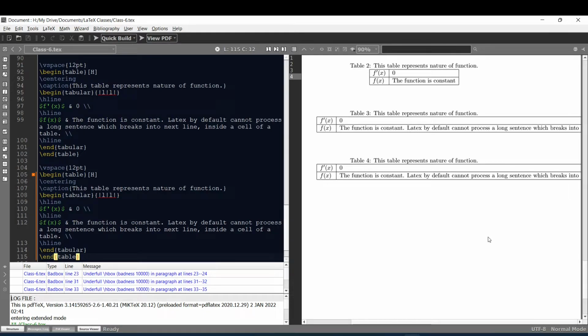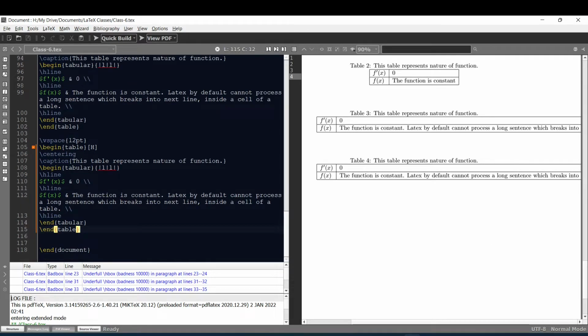If you can recall, in class 1 we faced a similar type of problem while writing a long underlined sentence. Anyway, to fix the issue here, since our second column contains the long sentence, instead of this second L we can replace it by P followed by a curly bracket containing its size, let's say 210 point here, where P stands for paragraph. That is, here we want our second column to contain a paragraph, and in the curly bracket I have written 210 point as the size of my cell. Instead of point you can also use centimeter or inches or any other measurement to denote the size of the cell. Now let me run and see what happens.